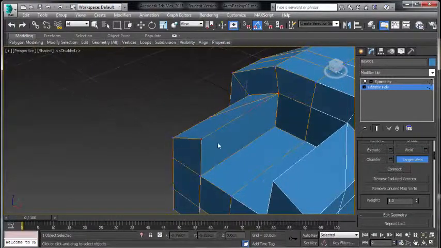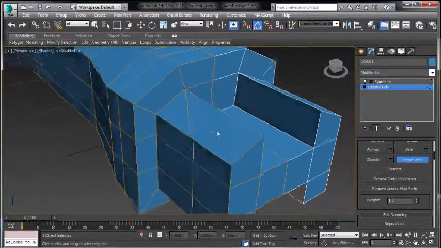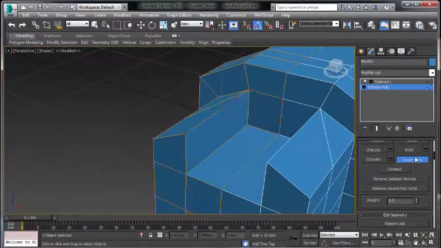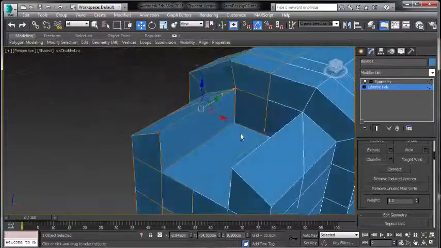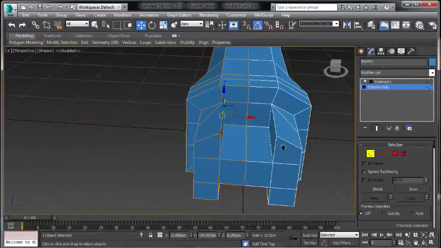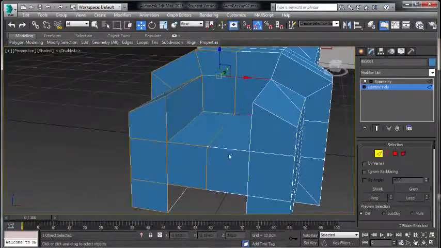So that one's a quad, and this one's a quad as well. When I say quad, I mean just 4-sided polygon. And this one's a triangle here. So that's fine. That's pretty good. So if I untick target weld, that's pretty much what we need. So if I just scroll down, and I'll do the same what we did up here before,